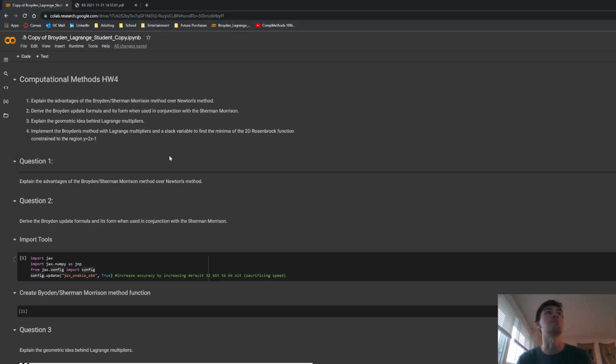So, first question, explain the advantages of the Broyden, Sherman, Morrison method over Newton's method. Most notably, the computational power associated with Newton's method is much greater than the Broyden, Sherman, Morrison method. This is mainly due to the fact that the Broyden, Sherman, Morrison method only requires an initial Jacobian as well as an initial inverse to be evaluated, whereas every iteration after that it can use a previous Jacobian or previous inverse in order to solve the equation,